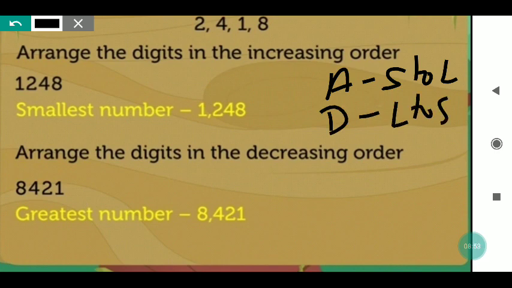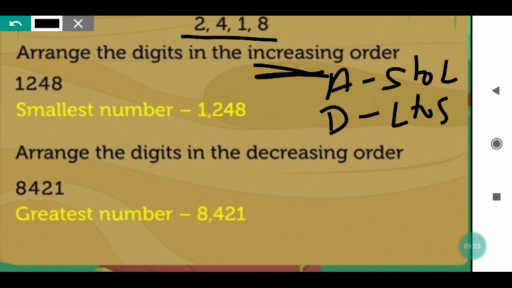So if any number is given, suppose, my dear, this 4-digit number is given, you can see this number is not written together. After every number a comma is given. So arrange the digits in increasing order. Increasing order means, what does this mean? Increasing from the smallest to the largest. It has not been said that the largest number should be written first. It is written increasing order.